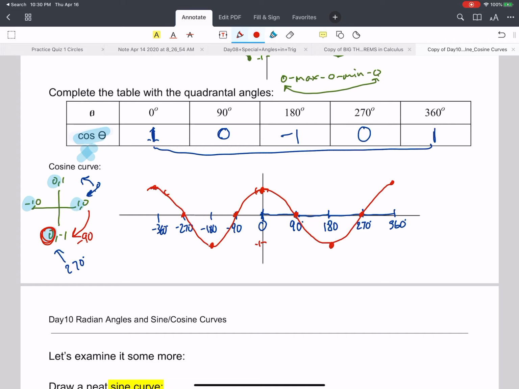Make it look like it's going to go back down again, because that's what it does. And just remember that this time,